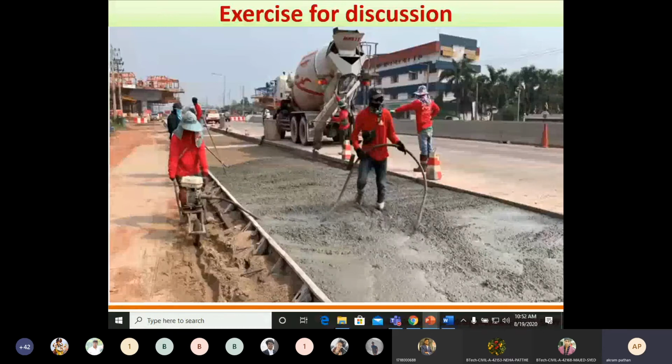Again, anybody? For compaction, for removing of voids, and then for segregation. Yes. Segregation and bleeding. These two words are very important.